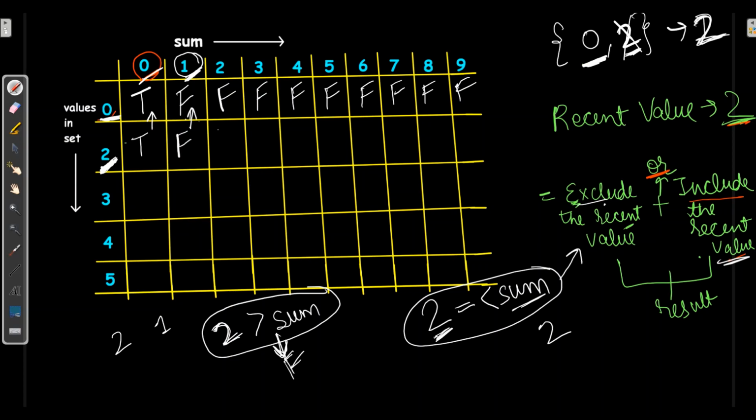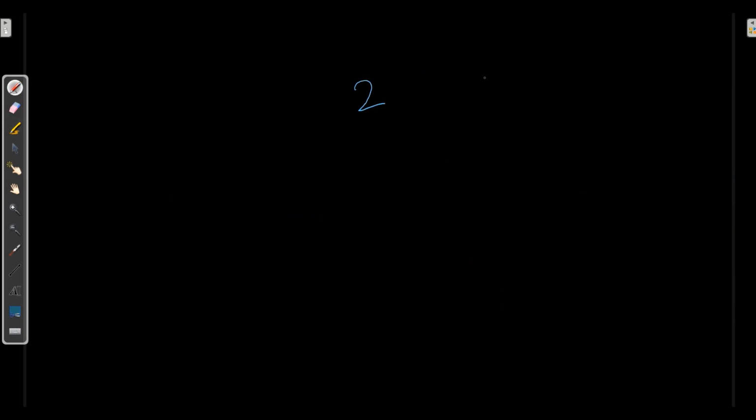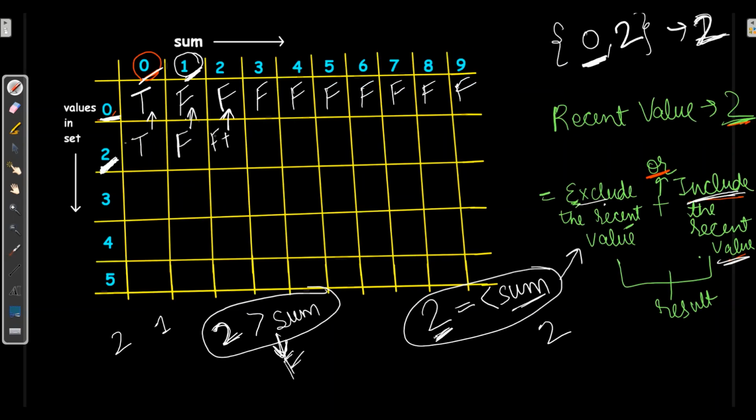By excluding this value, I get false, copying from above. And here I calculate the value including the recent value. Will 2 be able to make sum 2? For making sum 2 from the value 2, I just need to add 0. So I check the 0th value from above, which is true, so I copy from here. False or true makes true.